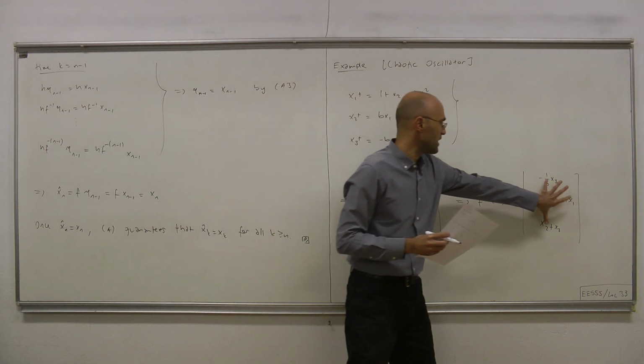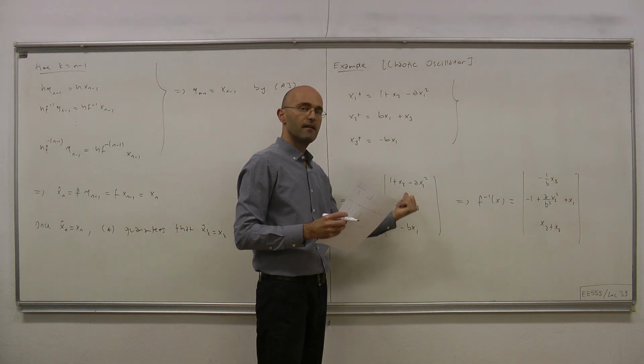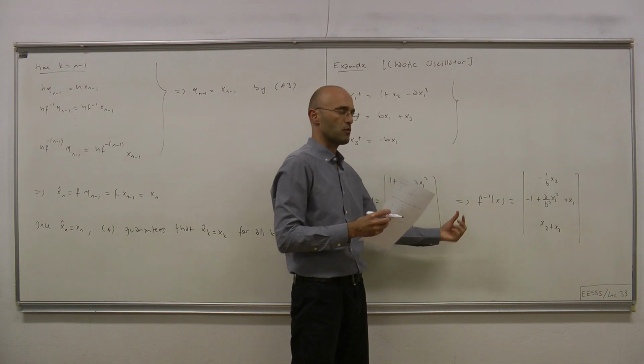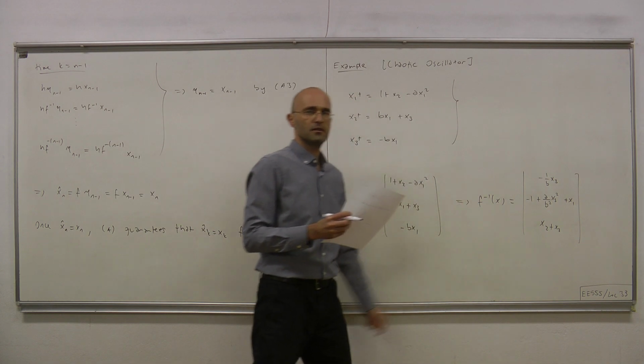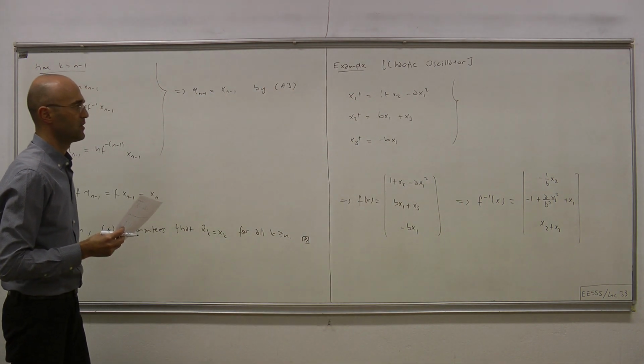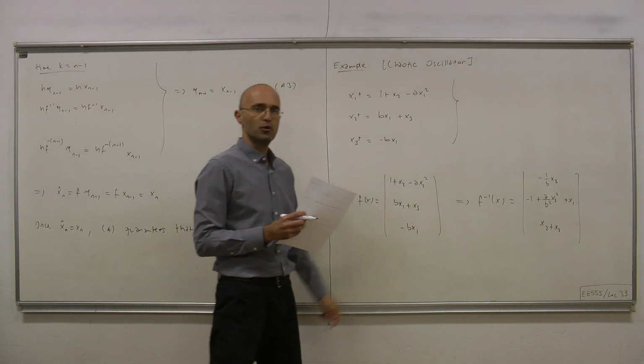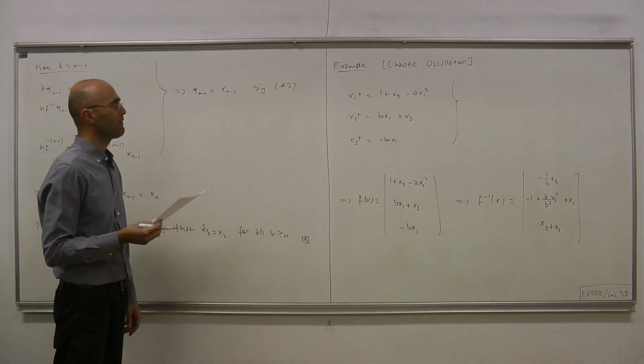In fact, if you take this vector and put it here, you can pass it through f, and what you obtain is the identity, that is x1, x2, x3. Or you can do the same thing in the reverse direction. Still you obtain x1, x2, x3, which would prove that this and that are inverses of each other. Okay, so we have